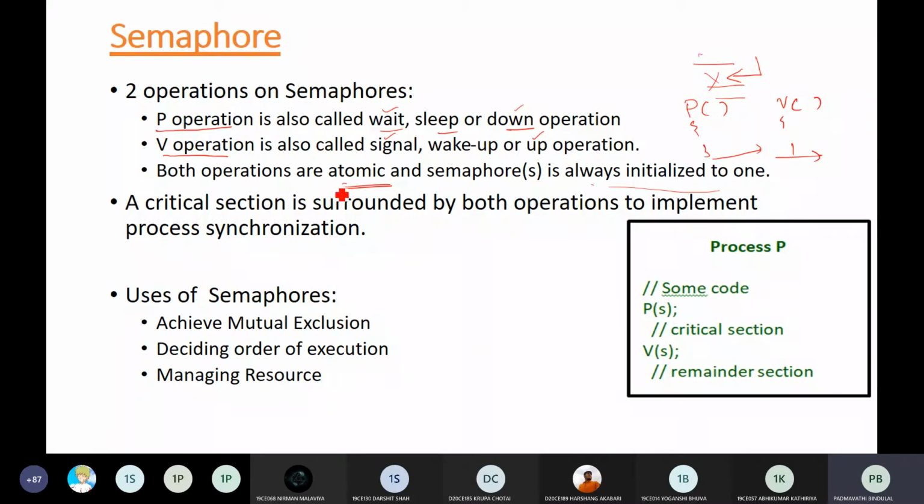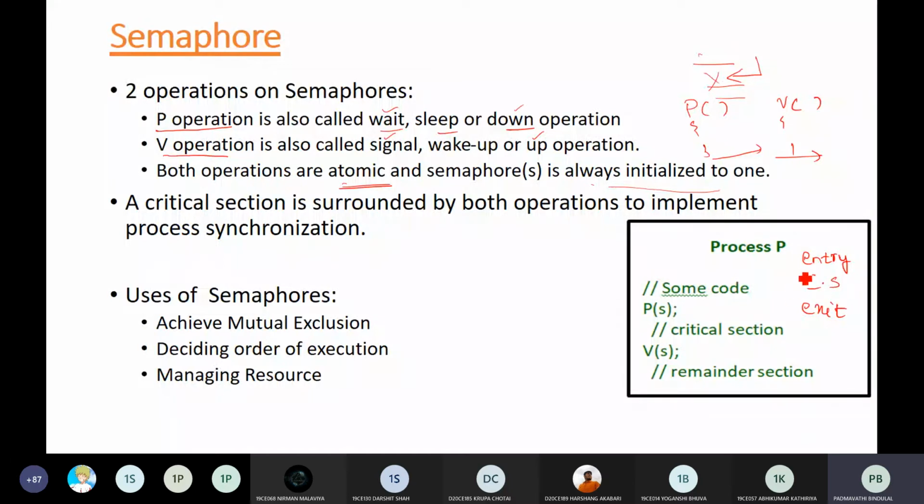Now how to implement this, or when you are implementing your critical section logic, what you have to do? In the previous slides we have discussed, you have the critical section, above the critical section you have the entry section, and after that you have your exit section.